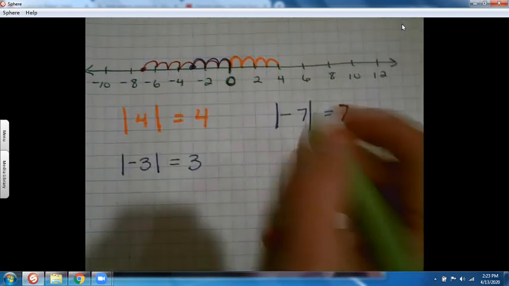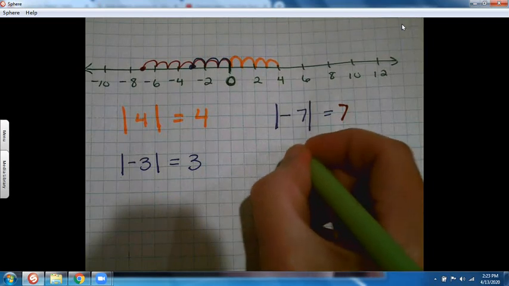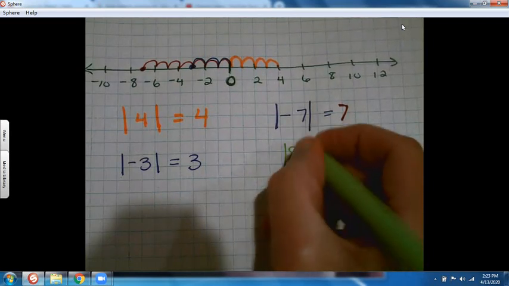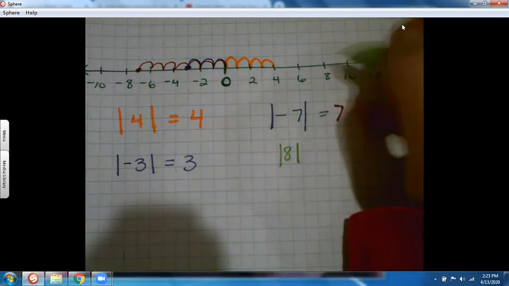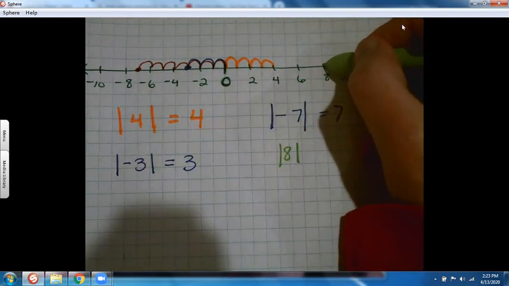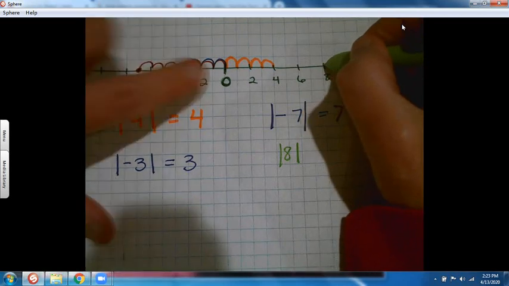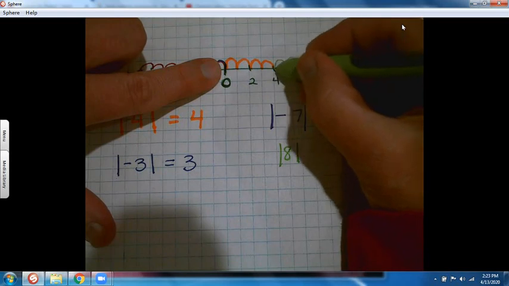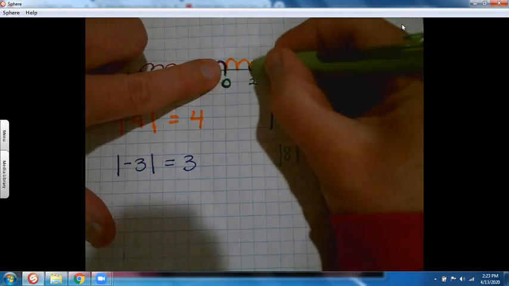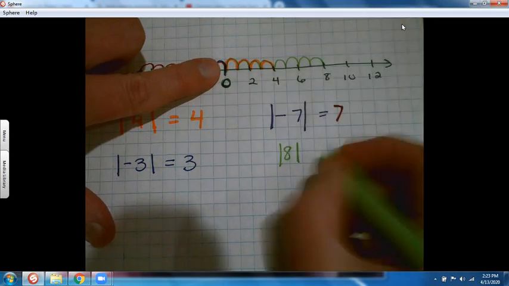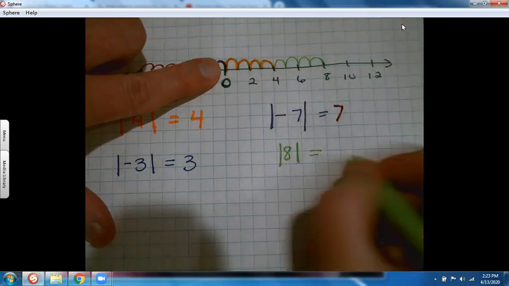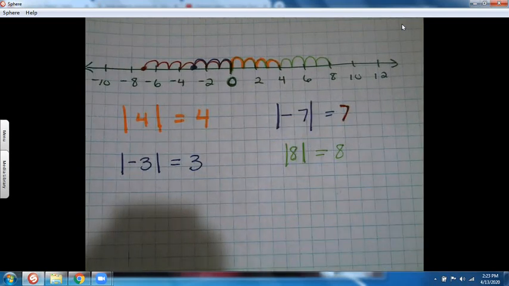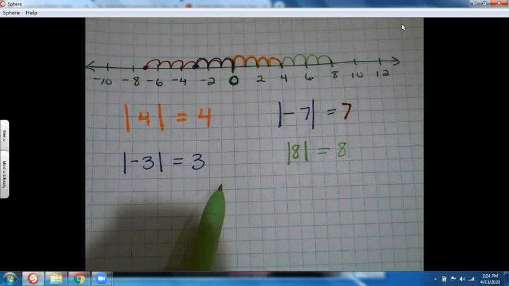Let's say 8. What is the absolute value of 8? Well, here's 8, right? Positive 8. How far is it from 0? How many units do I have to count? 1, 2, 3, 4, 5, 6, 7, 8. The absolute value of 8 is 8. As long as you don't get these confused with opposites, you're fine. And understand that these two symbols